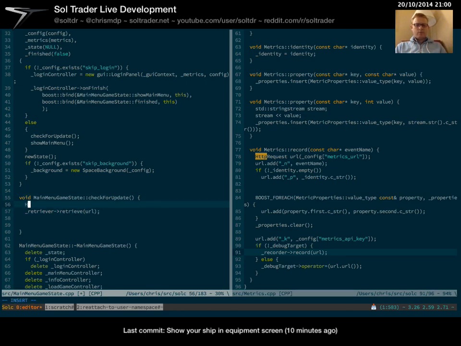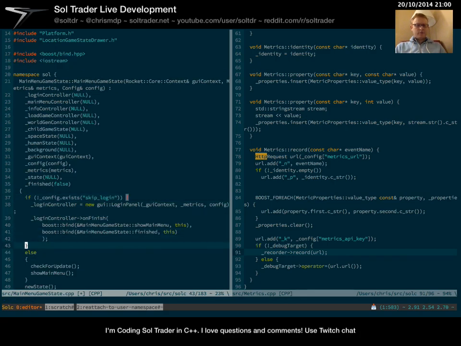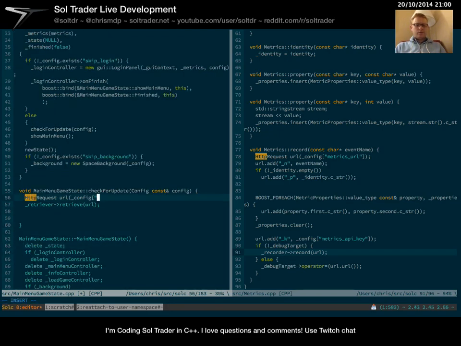URL, and I want my HTTP request URL to simply be whatever's in the config. This is going to need to be config const. Whoops, did I type that wrong? Yes, I did. Config. The point at which I call it, I've got that, so that's good. So it'll be the config update URL, which I'll figure out later. But then I also need to add in a couple things here. It'll be